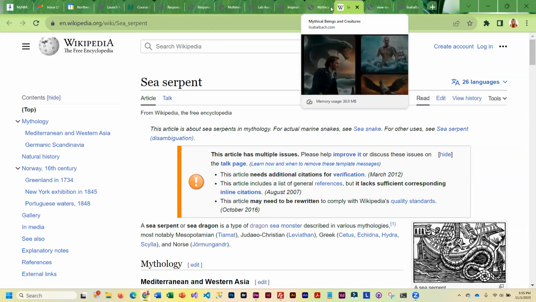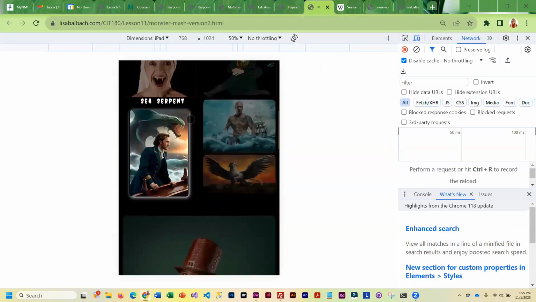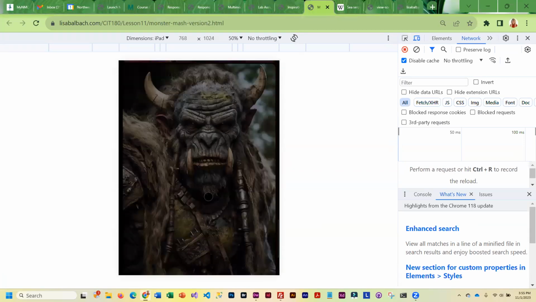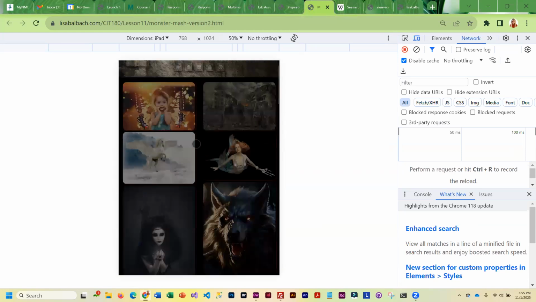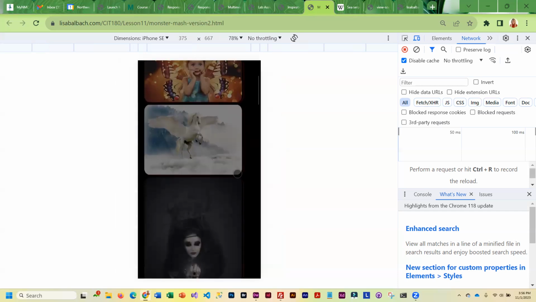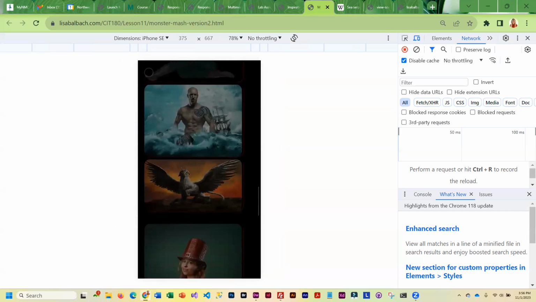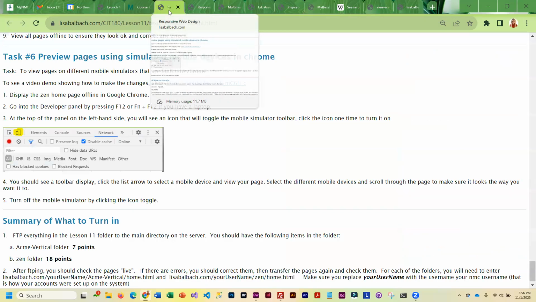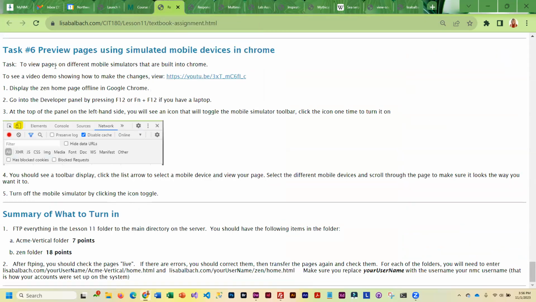So you actually have to kind of click on things. So it's kind of hard to see all of the effects. But you will have an idea of at least how your layout is going to look. Okay. So it is really a good idea to check this emulator. Okay. And obviously there's nothing to turn in from the emulator, but I do want you guys to go in